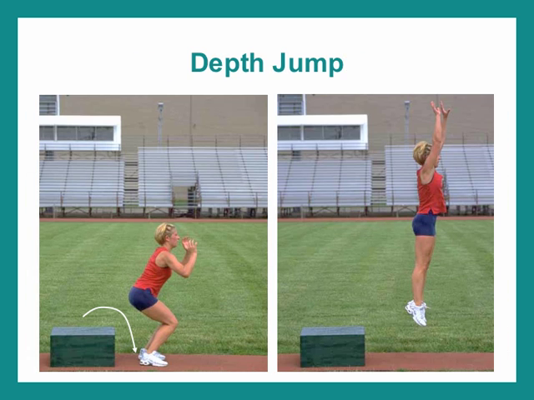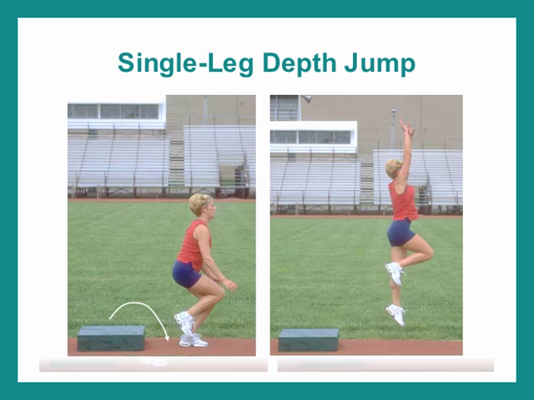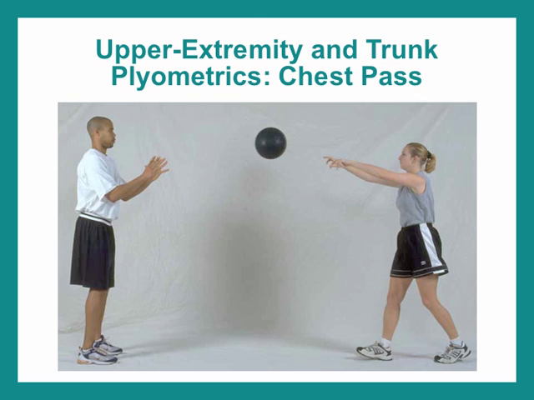Depth jumps, if this is required, we could do double leg depth jumps and single leg depth jumps, which are fairly difficult. If you've never done these, it might be a good idea to try 1 or 2, and you could do them on your own, see how they work. Upper extremity and trunk plyometrics, there's really only 3 levels. There's a medicine ball toss below 90 degrees, which would be like a chest pass, and there's medicine